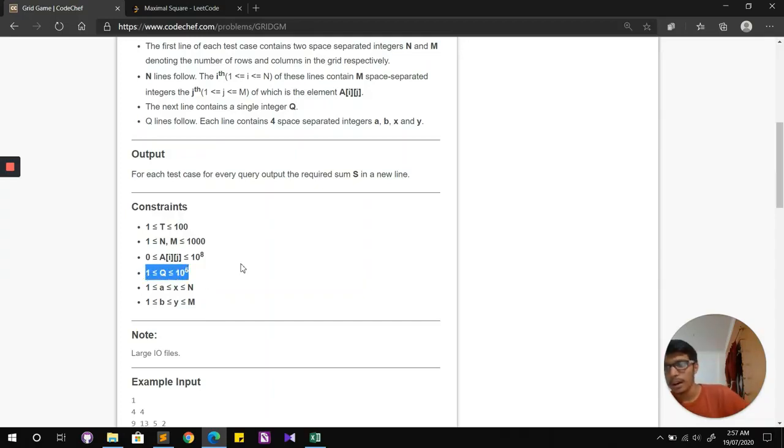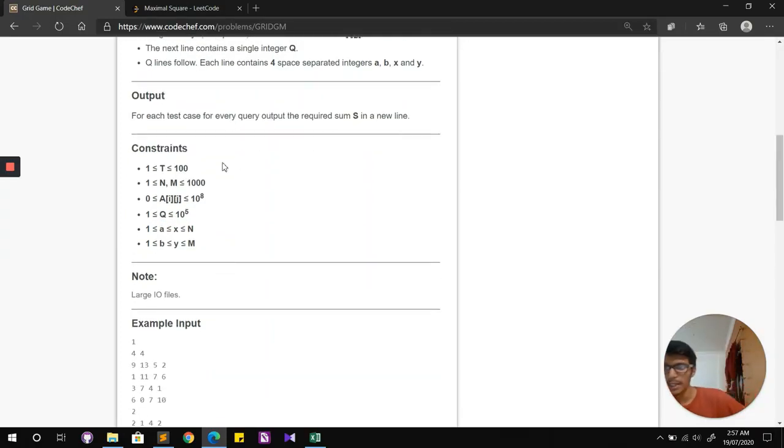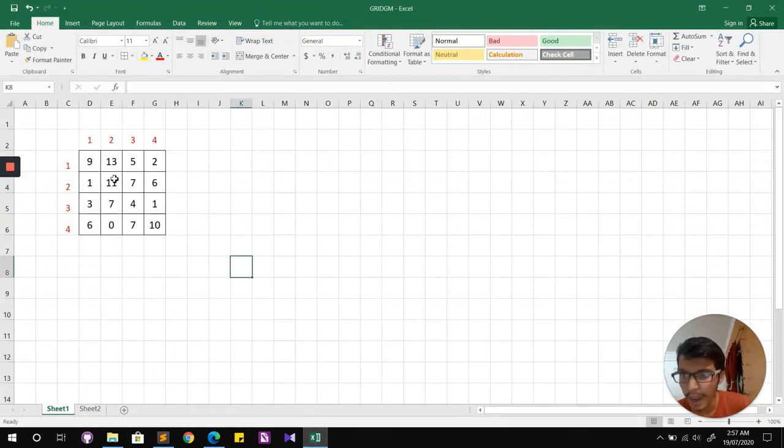So at this point the question and the constraints are pretty clear. It's obvious that we just cannot simply add these elements one by one for each query. For example, if I'm given this yellow rectangle as a query, I cannot simply add 11, 7, then 7, then again 4 one by one. I have to be smart to answer the query in less time, right?